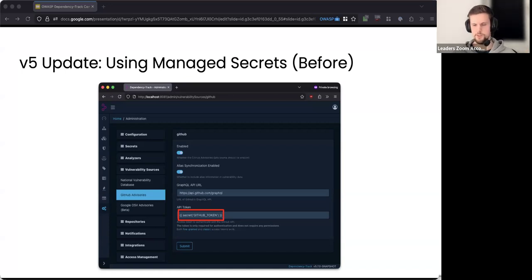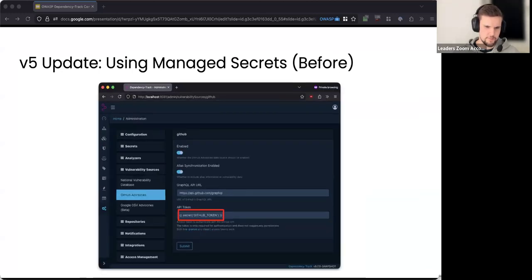The idea was that you would use expressions similar to GitHub Actions or many CI systems, where you would then reference secrets by name, right? And this works, but it has a big UX drawback, and that is non-technical users specifically, they will not know where they can use expressions. And this input obviously also does not show you which secrets are available to you, right? So while this works, populating these fields is not good UX for newcomers, for non-technical people, or, to be honest, for myself, I also find it quite annoying.